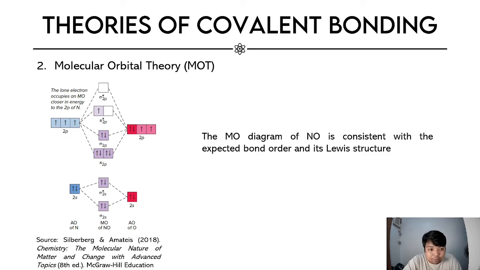Okay? And thus, that also means that the electrons at sigma 2p will spend most of its time in the 2p of oxygen rather than nitrogen, which is also consistent with the electron distribution, which is also consistent with the bond polarity of NO. Okay,